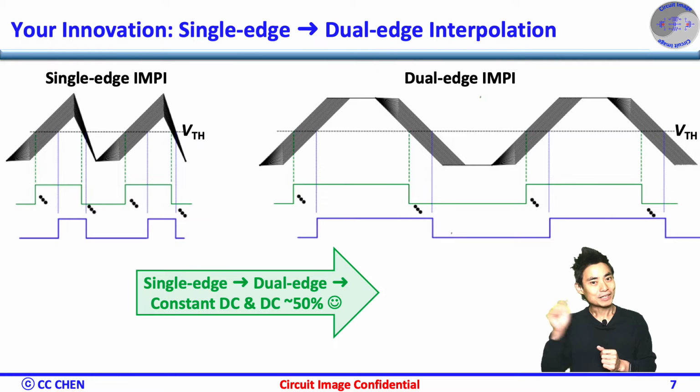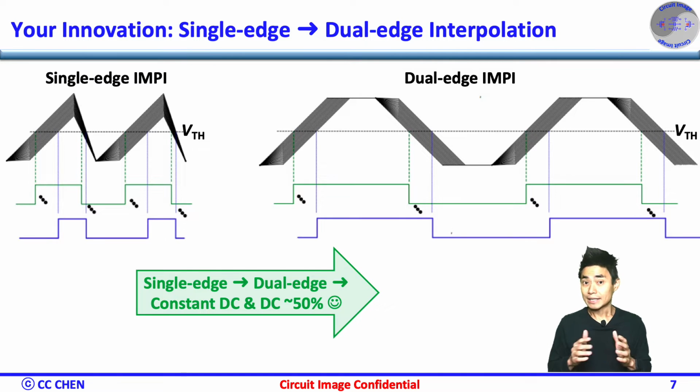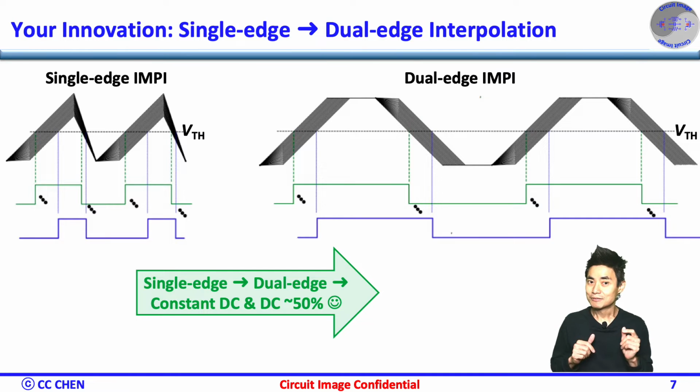Very good. The fundamental issue is the single edge interpolation with the hard reset in region 3. Therefore, either the PWM outputs after the slicer or the DCD will depend on the interpolation cost or strength. Without adding complicated DCC with an extra power overhead, you can simply change the single edge interpolation to a dual edge interpolation. Instead of discharging the capacitor for the reset pull down, the beauty of the symmetric integration may reuse